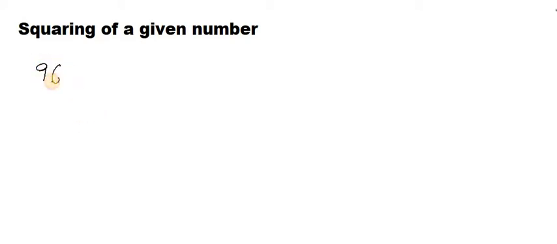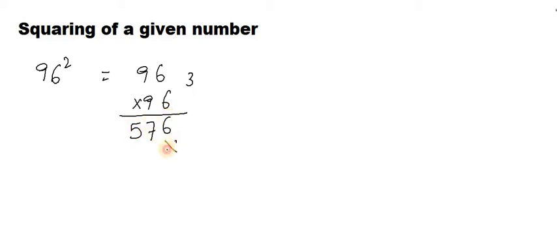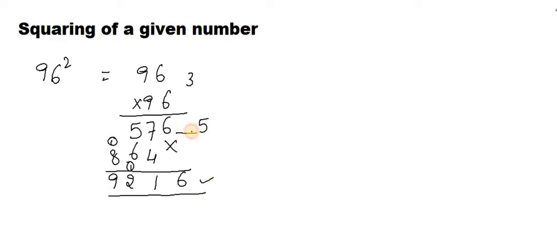For example, 96 square. It is going to take so much time to multiply 96 by 96. Actually, these are the steps we'll follow. 6 6s are 36, 6 9s are 54, plus carry 3 is 57, and then 9 6s are 54, 9 9s are 81, plus 5 is 86, 6, 11, 5 6 11 12, 8 plus 1 is 9. So this is the way we follow. We have to follow three steps and those tables, carry, each and everything. It is a very big procedure. To avoid this procedure, the short trick which you are not going to learn in your schooling is this.